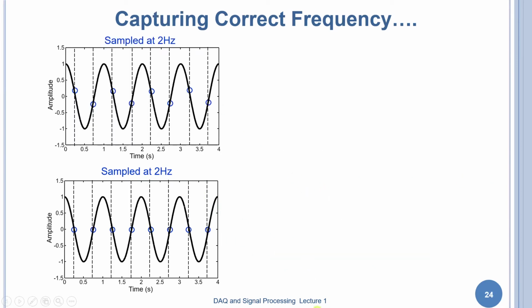Now consider 2 hertz sampling once again. Previously we saw that with 2 samples per cycle you are able to capture the fluctuations. However, if your first sample was at 0, you are going to get a 0 value for every sample. This is what happens when your sampling frequency is exactly twice the signal frequency. So it's always recommended that your sampling frequency should be more than twice your signal frequency.